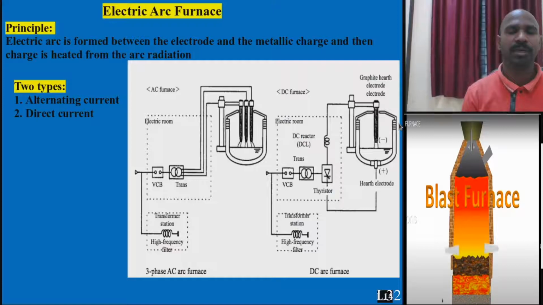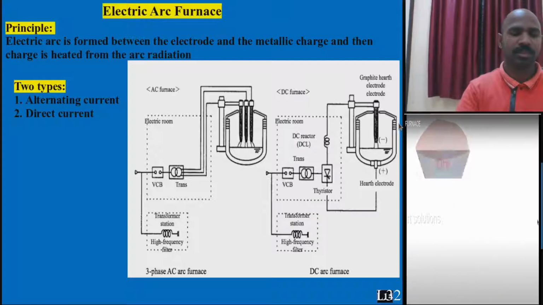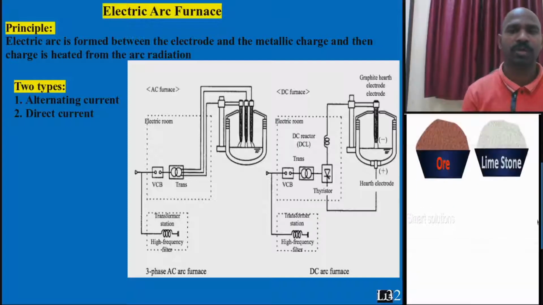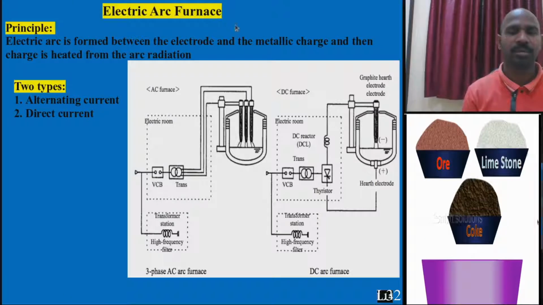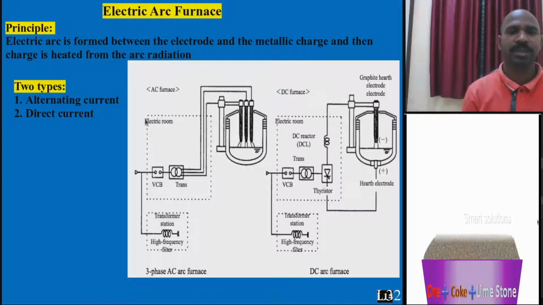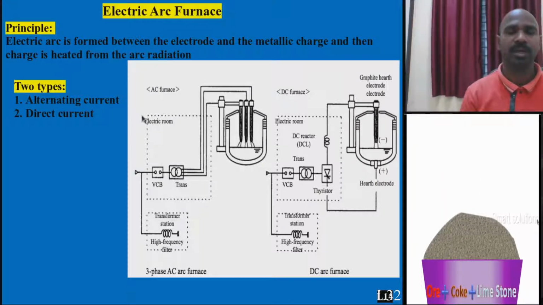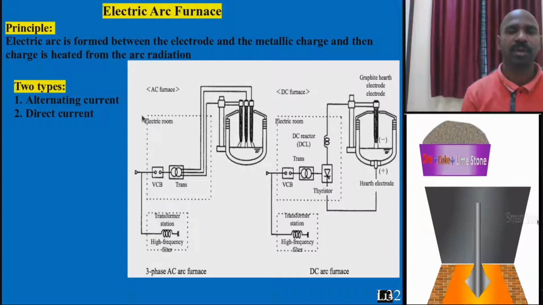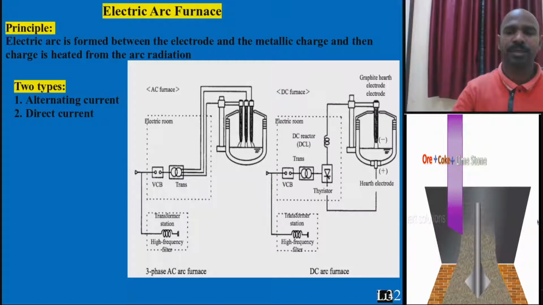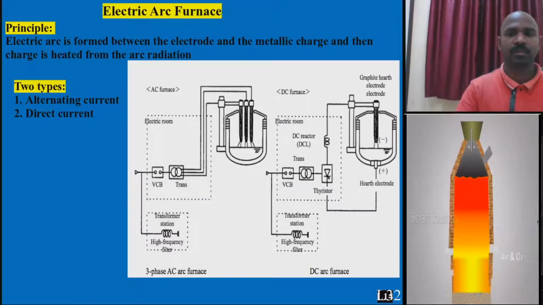Welcome to lecture 32 of the Making and Treating of Steels course. Today I am going to talk about the main principle of electric arc furnace based steel making and how this process of making steel happens in this route. Finally, it will be compared between the LD converter, which was oxygen based steel making, and electric arc based steel making.